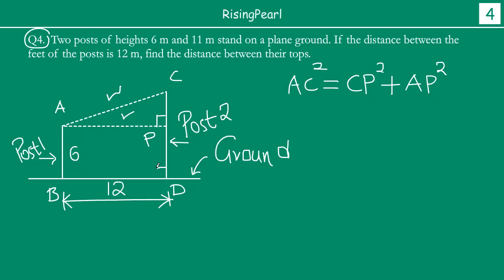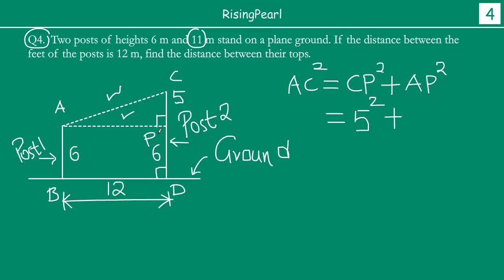If this angle is 90 degrees, then this angle is also 90 degrees, because AP is parallel to BD and CD is a transversal. So both angles are 90 degrees. So this triangle ACP is a right angle triangle. Since we have to find the length AC, we can say AC square is equal to CP square plus AP square. So what is CP? Remember, the whole length of CD is 11, right? So if AB is 6, then PD is 6. That means this length is 5. So CP is equal to 5. So it is 5 square plus